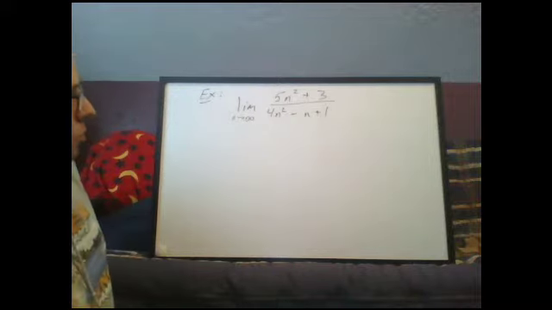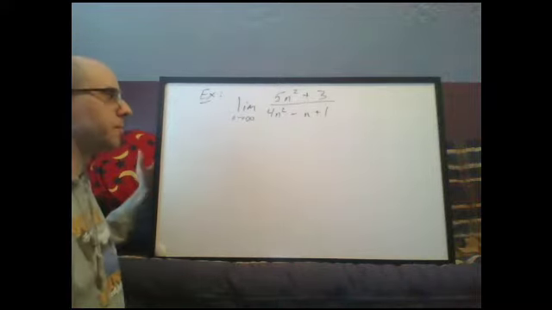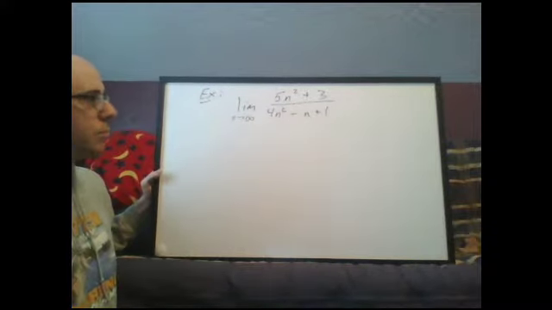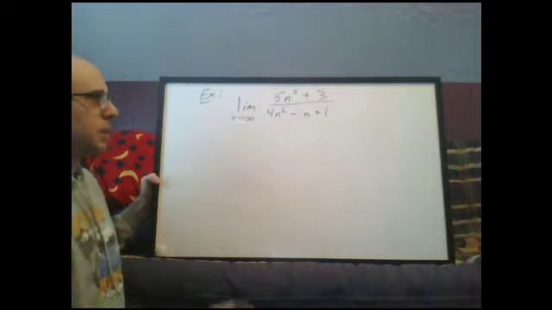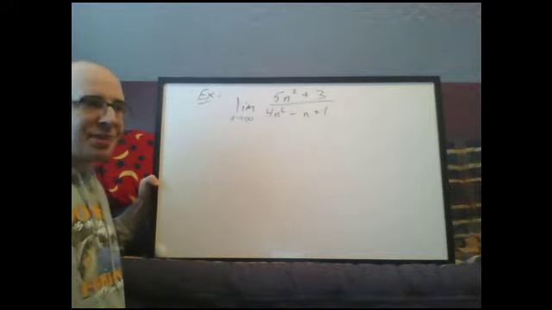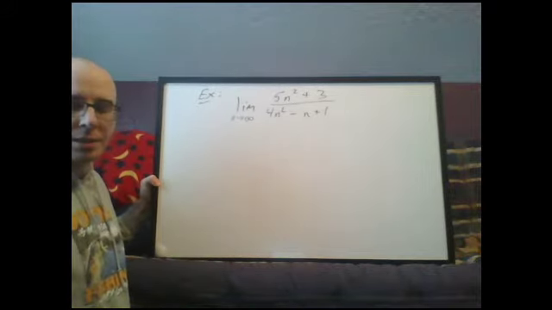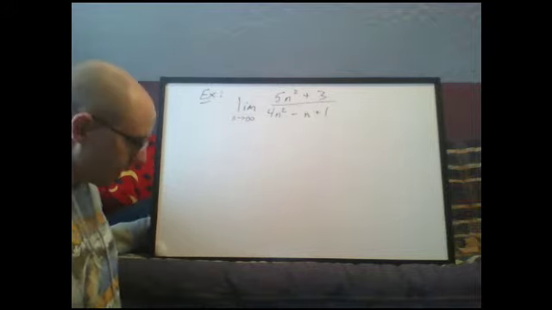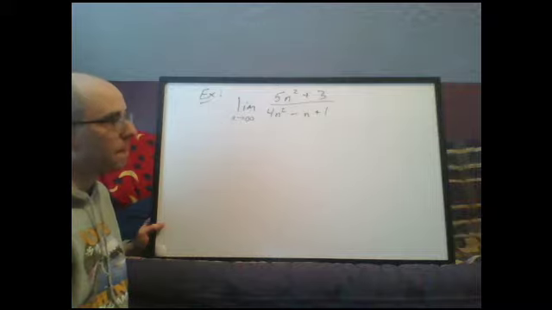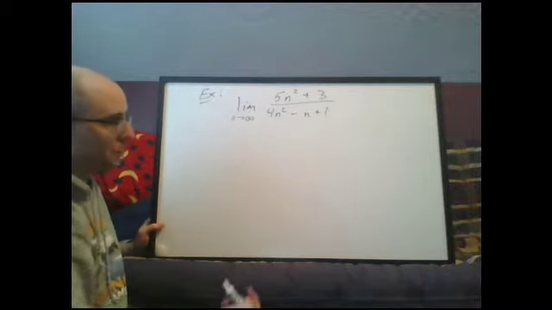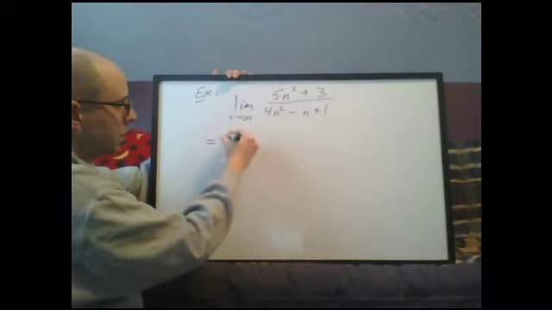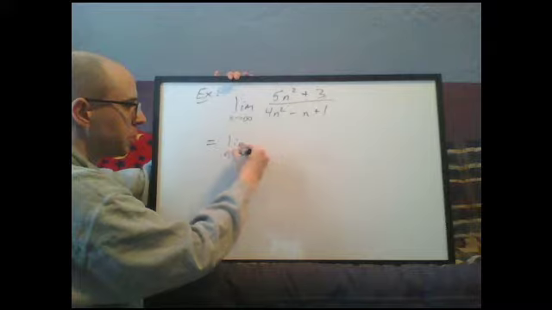Okay, so if I try to plug in infinity for n, I'm going to get some infinite expression divided by some infinite expression. The good news is, in these rational situations where it just involves polynomials or powers of n raised to different powers, those functions make sense whether n is a natural number, an integer, or a real number. So I can replace n by x and use L'Hopital's rule if I wanted to. But just to remind you, there's a quick rule. Another way we could have done this, besides L'Hopital's rule, is